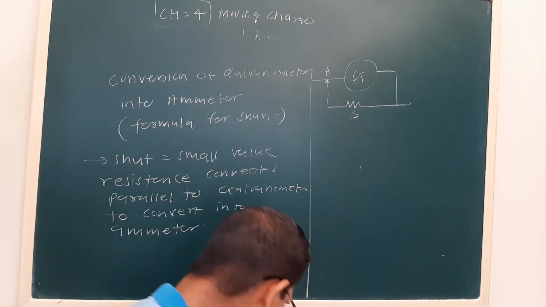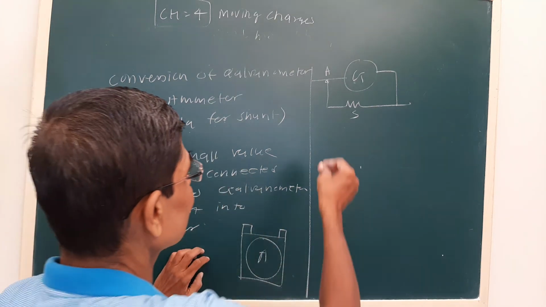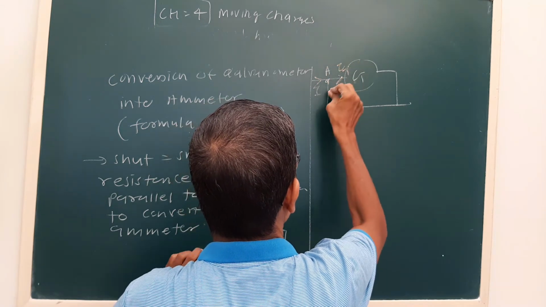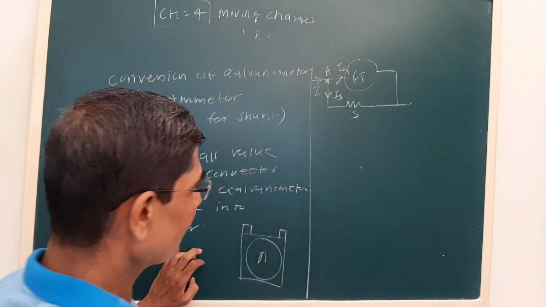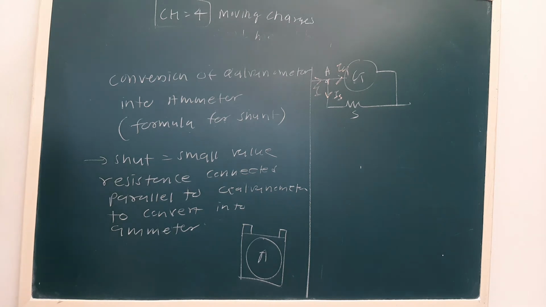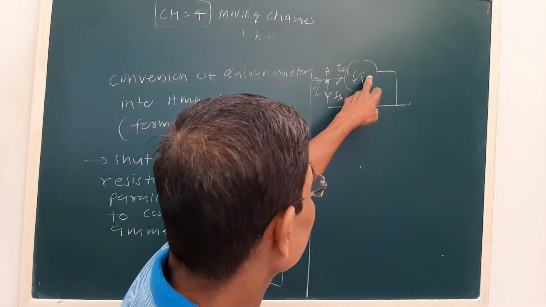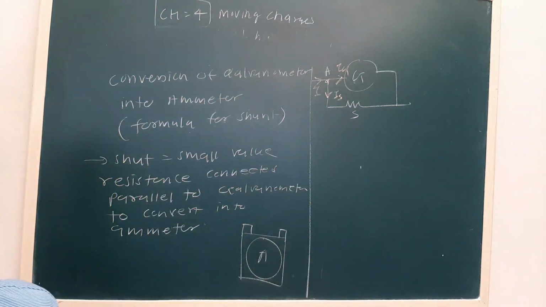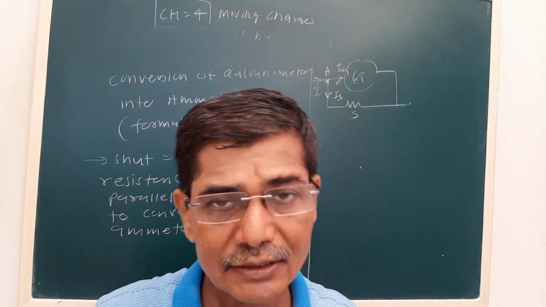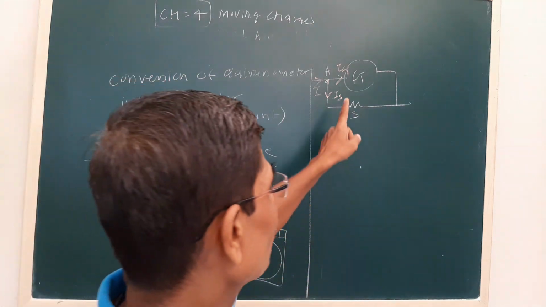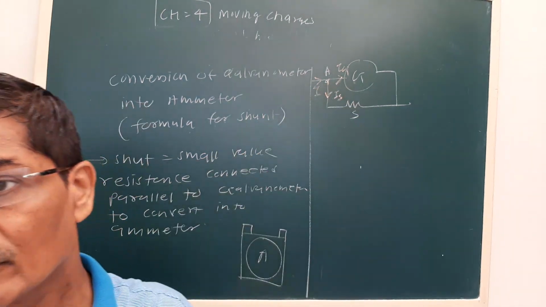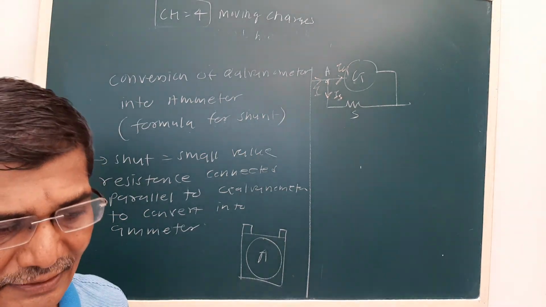Now see the value of the shunt. Let us say A is the junction. Let us say the current is I. Here it is divided into two parts, Ig and Is. Now see again the properties of parallel connection of the resistor. G was 60 ohm, that we took just for example. Shunt was very less, 0.02 ohm. Less resistance means more current. So most of the current will flow through the shunt and the galvanometer will be protected. So this is the basic idea.